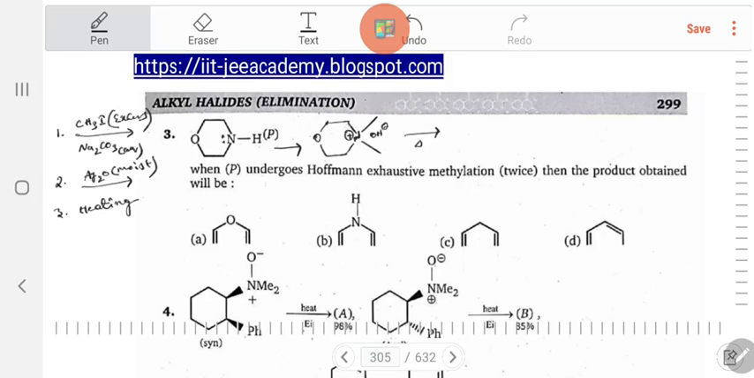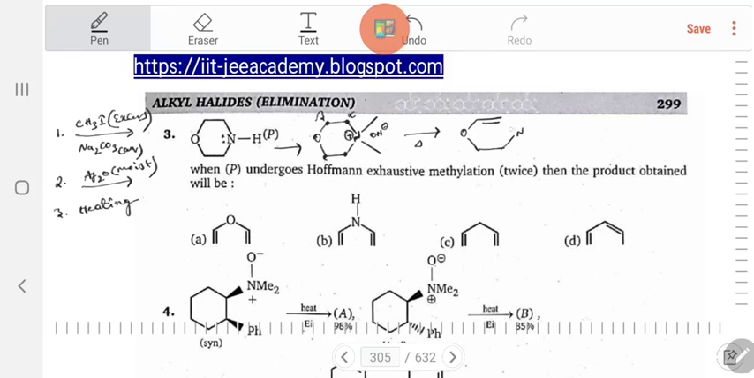So for this quaternary ammonium salt, this will be alpha, this is beta. Similarly, this is alpha, this is beta. So abstraction may occur from beta hydrogen. Then the bond will be shifted and this will open. So this leads to product formation. After that, again it will be repeated. So the final product will be, you may get a double bond here,